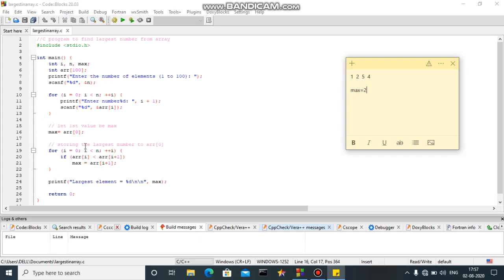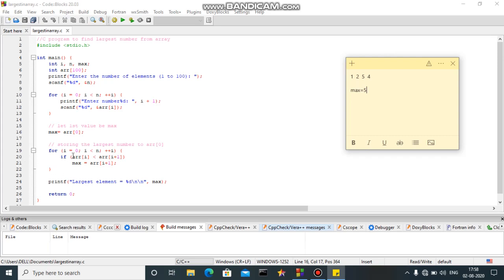Moving towards iterating our loop again, this time the value of i will be 1. Comparing array of 1 with array of 2. See, 2 is less than 5, the condition is true, and that's why we'll assign the max as 5.